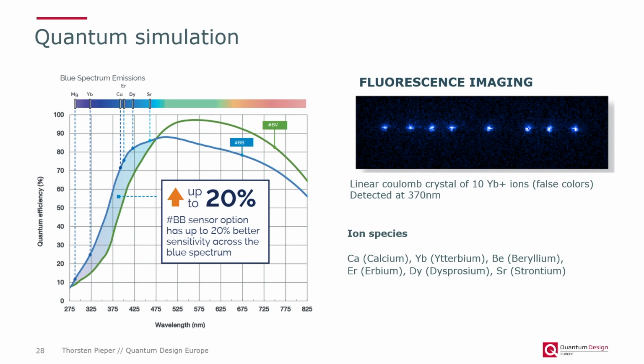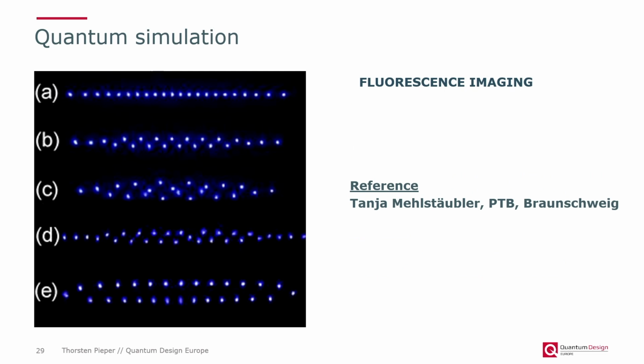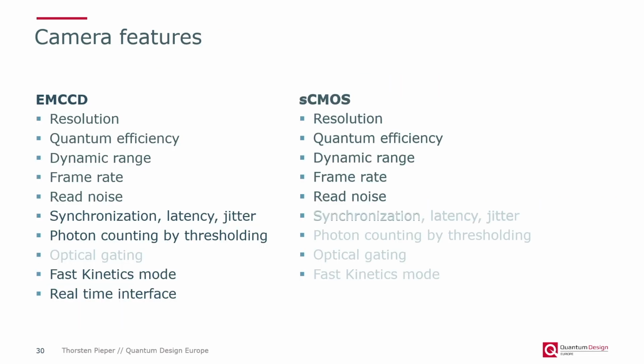In this case, we see a linear Coulomb crystal of 10 ytterbium ions, and they are detected at 370 nanometers. And these nice images were provided by Tanja Milchtäubler from PTB in Braunschweig. She has several of these cameras for experimenting with optical clocks, for example. And criteria for choosing the camera are, again, high resolution, high quantum efficiency, high frame rate, the possibility for photon counting by